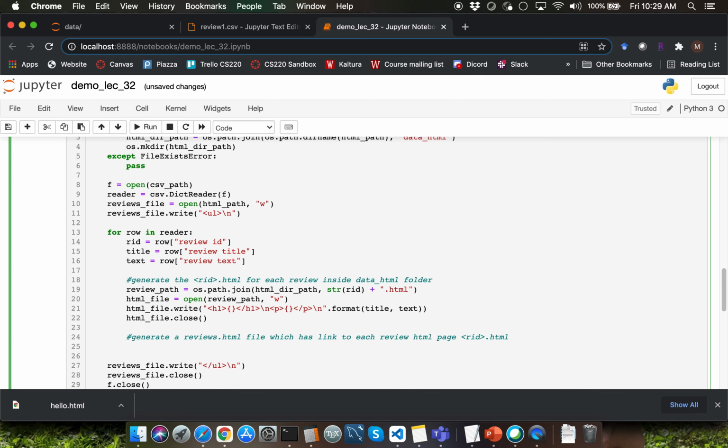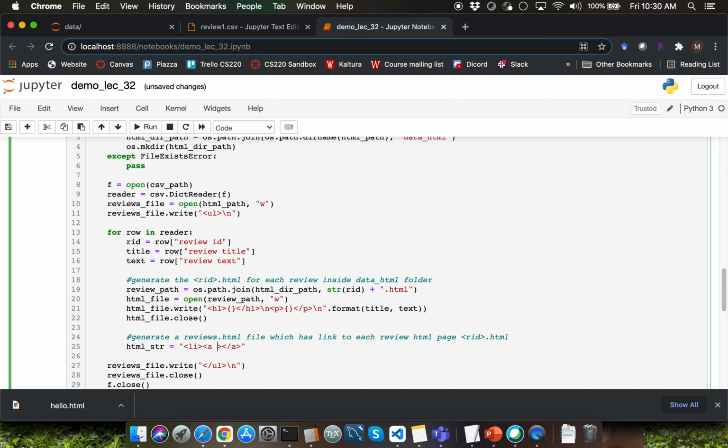Let me first define a string variable name here. I'm going to call that html_str. Within the string variable, I'm going to use open li tag and close li tag. The close li tag is optional. You can skip that if you don't want to. Let me go ahead and delete that. Within the open li tag, we want to specify the open anchor tag and close anchor tag. Li stands for list item, a stands for anchor. The anchor tag is going to enable us to create the hyperlink that we want here.